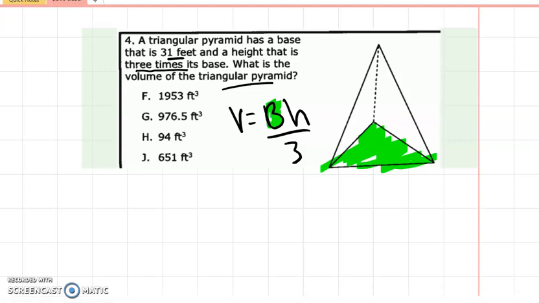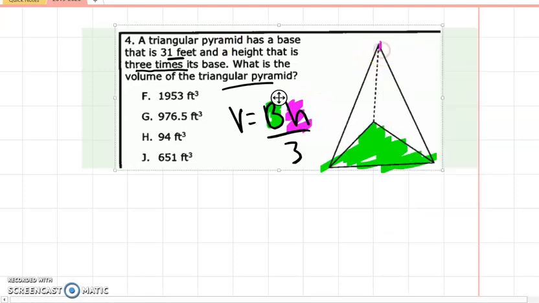And the height, of course, is the height of the pyramid, the line that comes all the way down here. So here comes the imaginary line that comes all the way down. That's the height of the pyramid. Well, there's a couple of issues with this problem, the way it's worded, and that's why I see some of the students having trouble. This 31 feet, the way I see it, it should say the area of the base